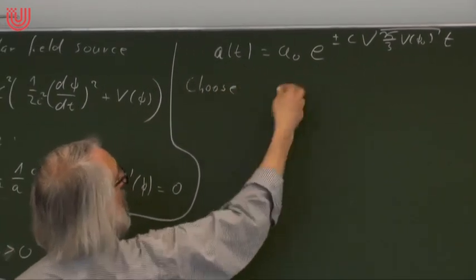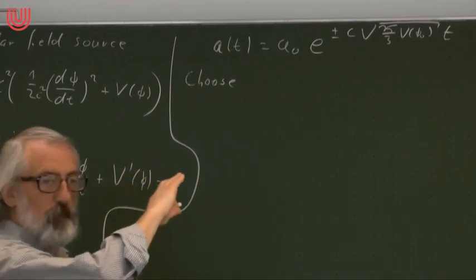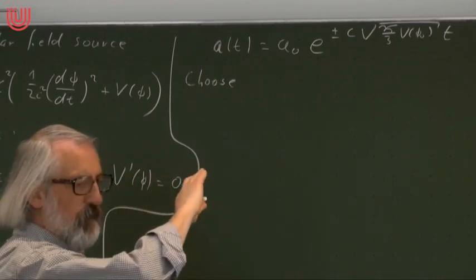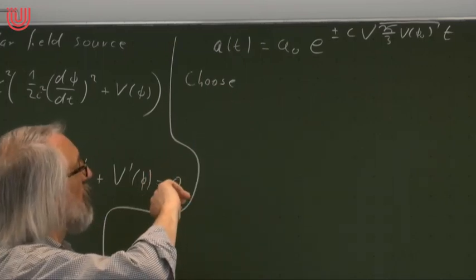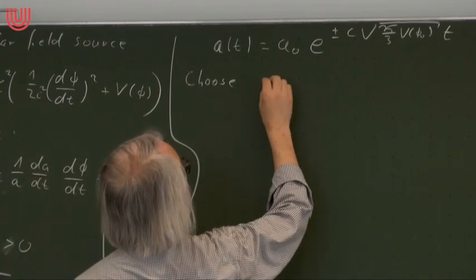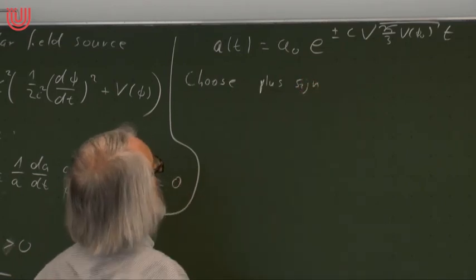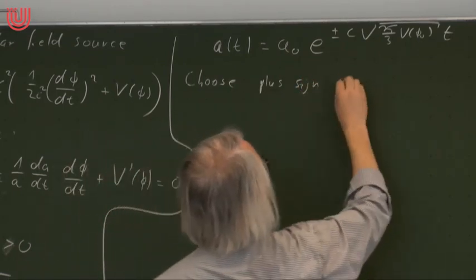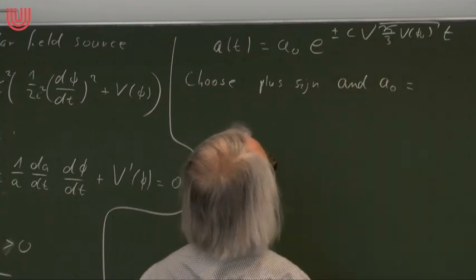We can have exponential growth or exponential decay, depending on whether we want to reproduce the upper right-hand half of the de Sitter hyperboloid or the lower left-hand half. So we choose the plus sign because we want to have an expanding universe,